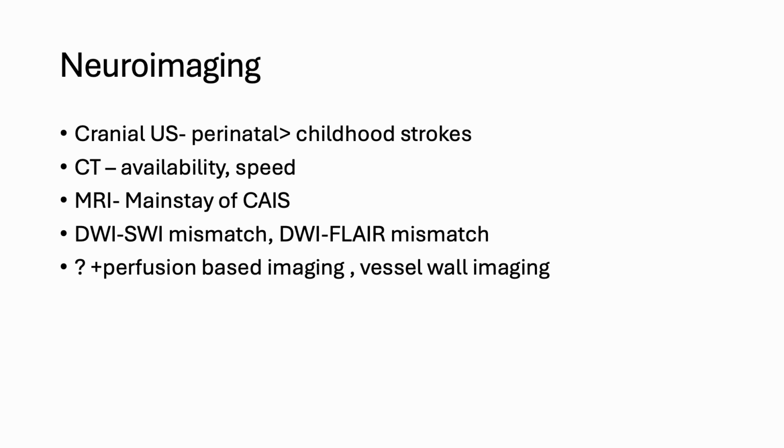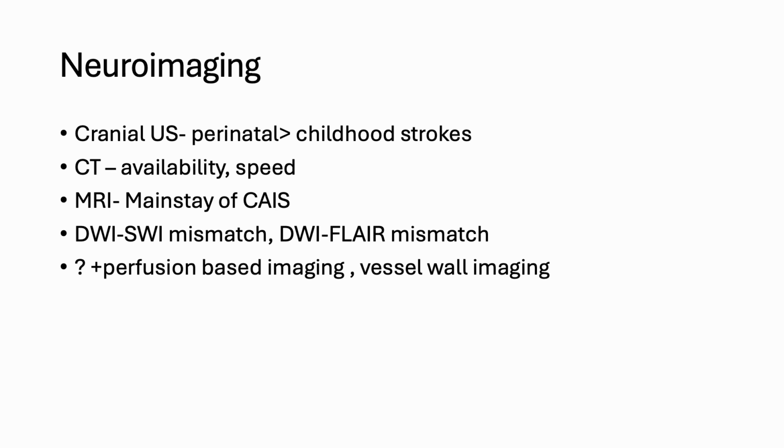There's also a phenomenon of a DWI and SWI mismatch, which is more popularized in the pediatric world, as it's an efficient way or an incidental way of effectively demonstrating a penumbra in the absence of perfusion imaging. So where there is a DWI and SWI mismatch, where a region of prominent veins on SWI are greater and are overlapping the surrounding area of diffusion restriction, this essentially reflects hypoperfusion that leads to increased oxygen extraction and increased deoxyhemoglobin within those veins and greater susceptibility effect, and can point towards a